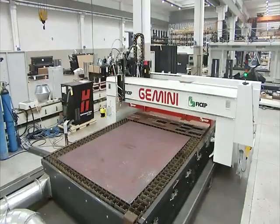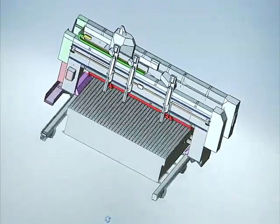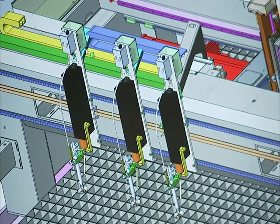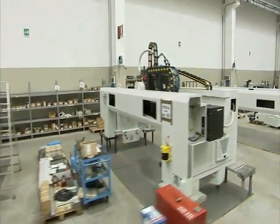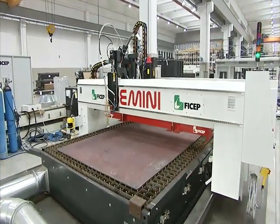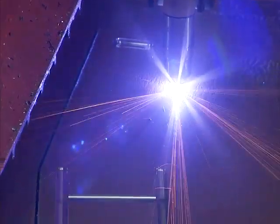For these reasons, Fichep, the worldwide leader in the manufacturing of machine tools for steel fabrication, has added to its wide range of CNC plate production centres a family of integrated CNC gantry work cells for plates. The Gemini Model HP has been designed with the aim to integrate all the functions which are required in plate fabrication. The ability to start with raw material and end with the finished part after completion of all the necessary operations, such as drilling, milling, marking and cutting of the part to the desired size and shape, is what makes